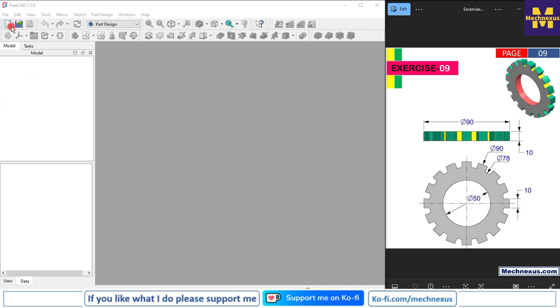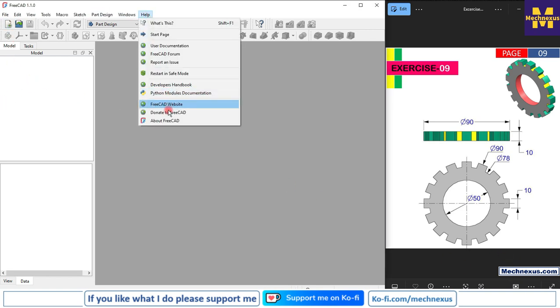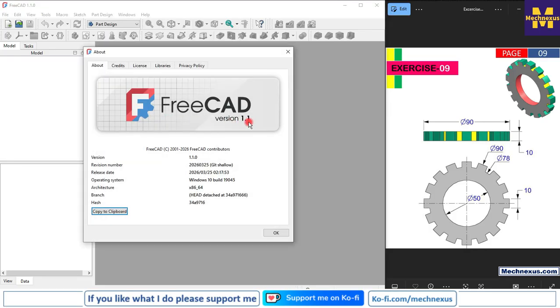So here I am using FreeCAD version 1.1, so you must have at least 1.1 or a higher version